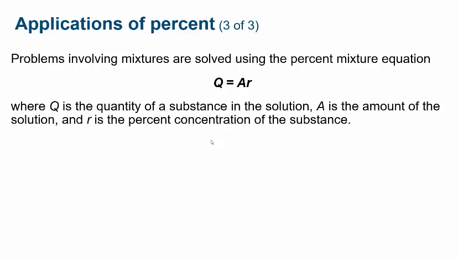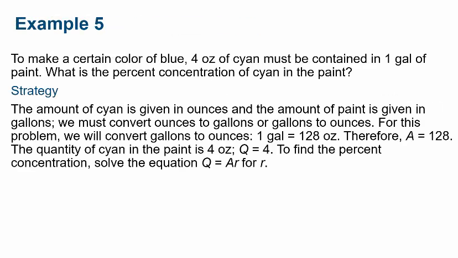So problems involving mixtures are solved using the percent mixture equation. Q is equal to A times R, where Q is the quantity of the substance in the solution, A is the amount of the solution, and R is the percent concentration of the substance. All right, so to make a certain color of blue, 4 ounces of cyan must be